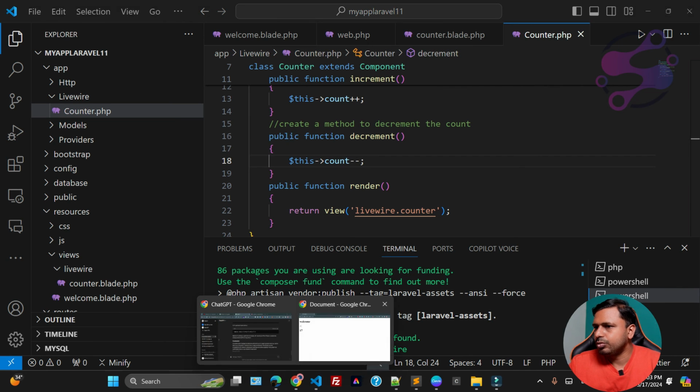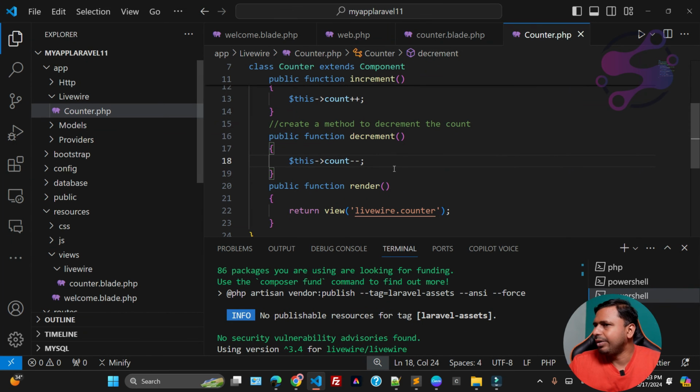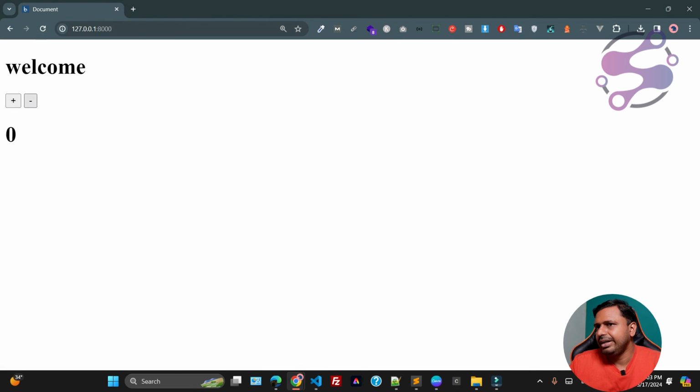Once again, go to the page and refresh the page. You have another button, plus plus, minus minus, as you can see, minus one, plus one. You can also add logic here, for example, if the value is not greater than 0, then fine.